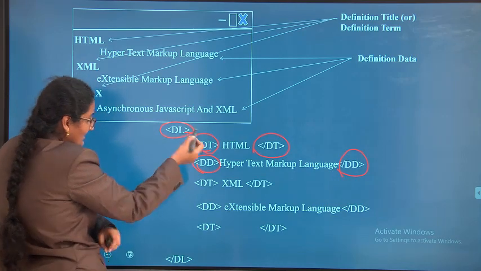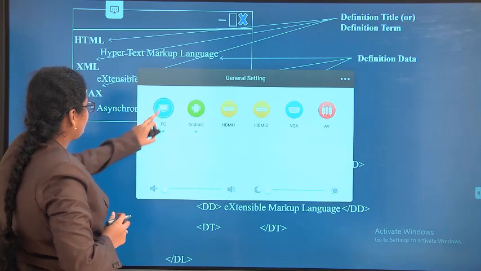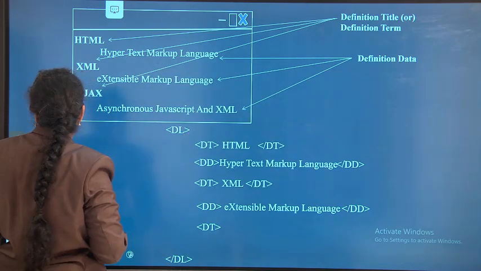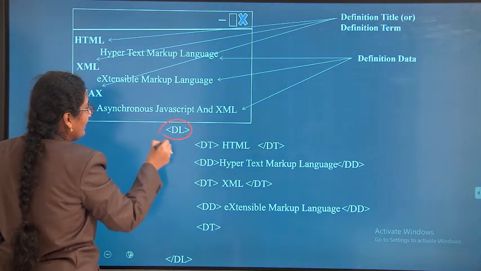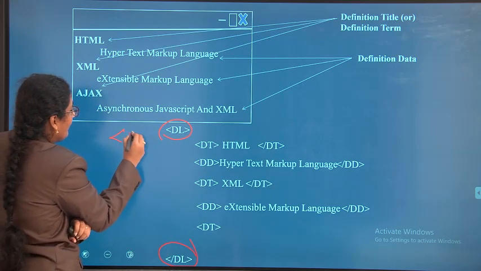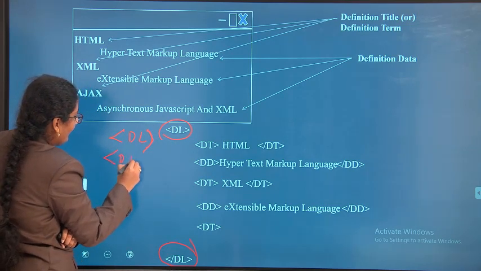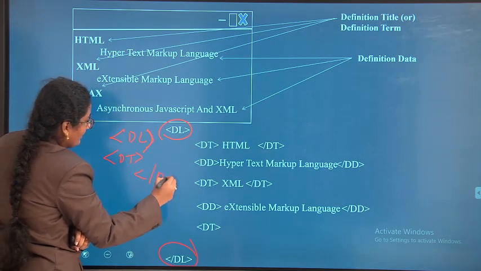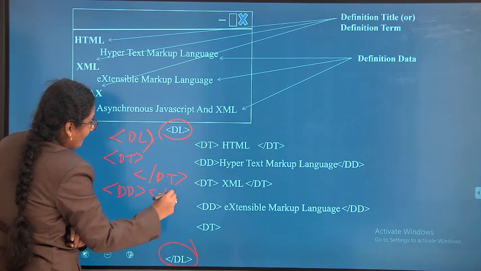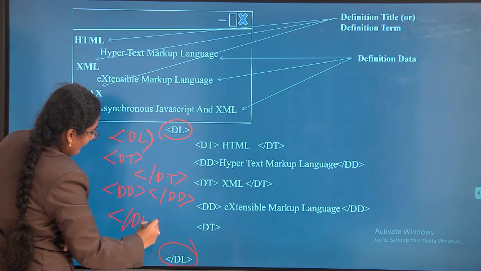This is the definition list open, definition list closed. In the definition list we have definition terms and definition data. In the same way we have to close the definition list also.